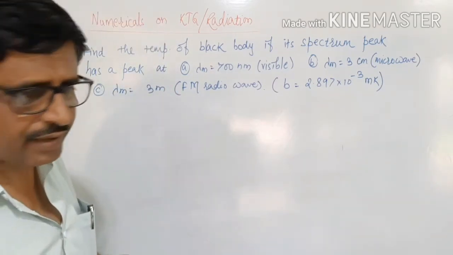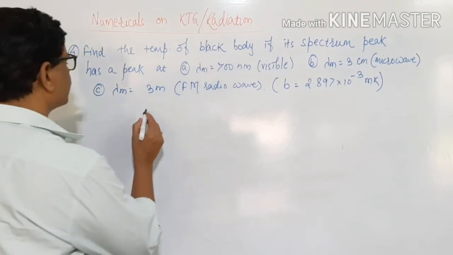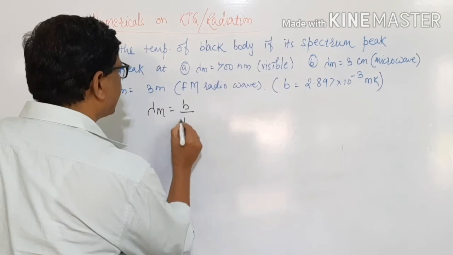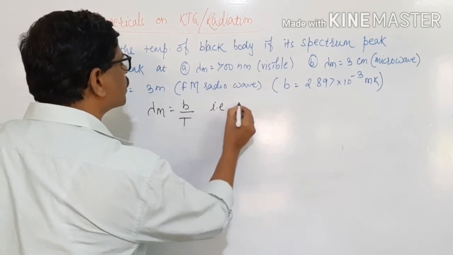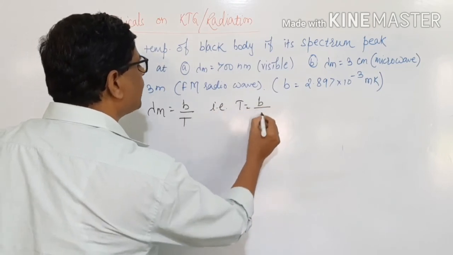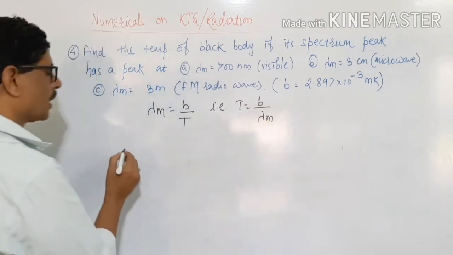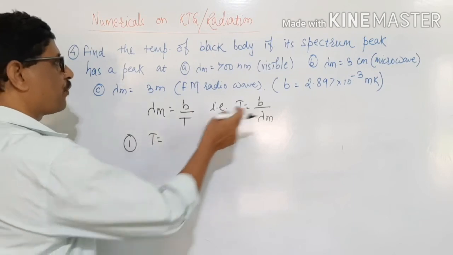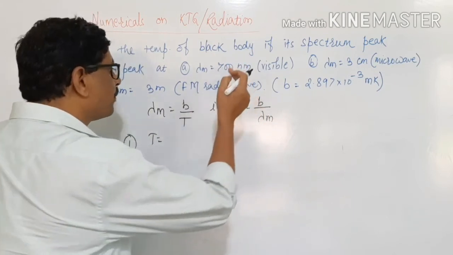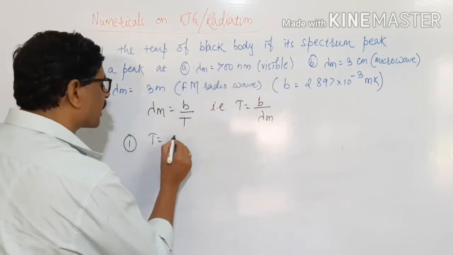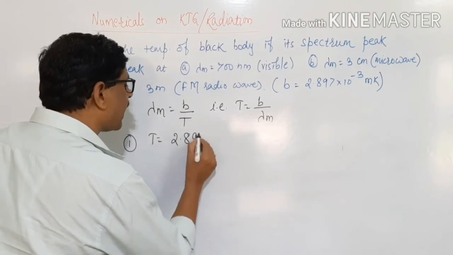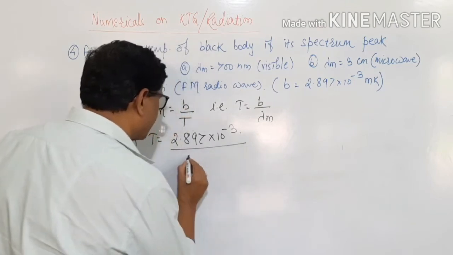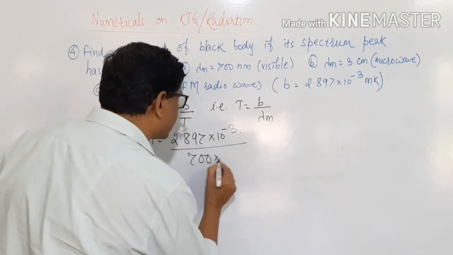Here is a very simple thing, Wien's displacement law: lambda m is equal to b divided by capital T, and that is capital T is equal to b divided by lambda m. First we will take the temperature for 700 nanometer. It is equal to 2.897 into 10 to the power of minus 3 divided by 700 nanometer, means 700 into 10 to the power